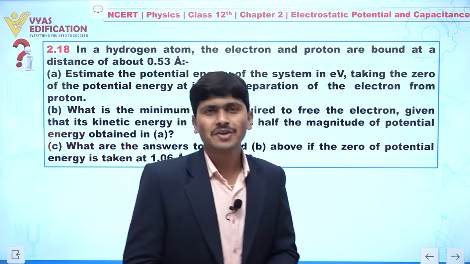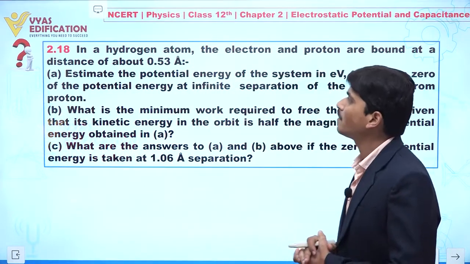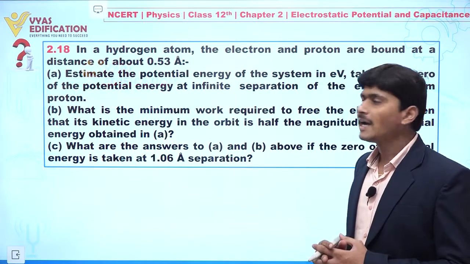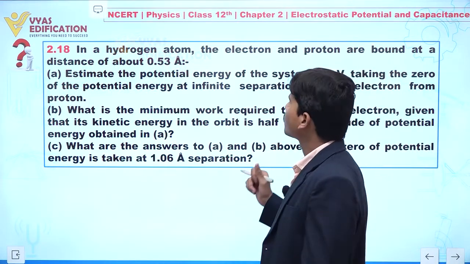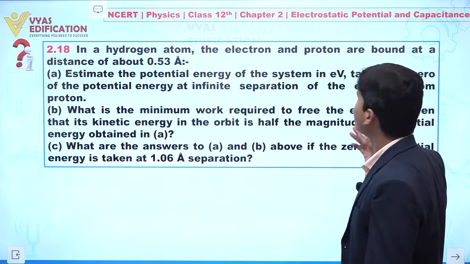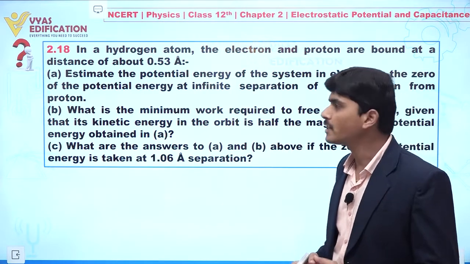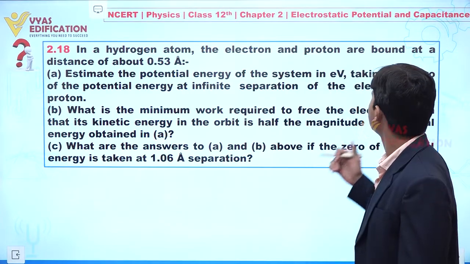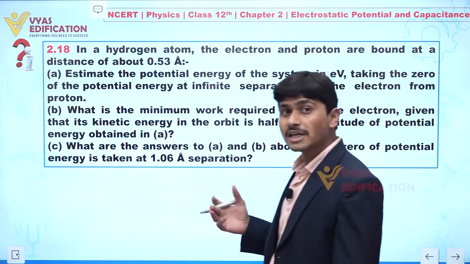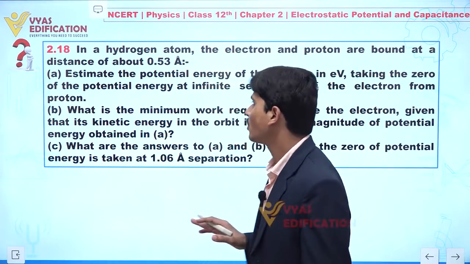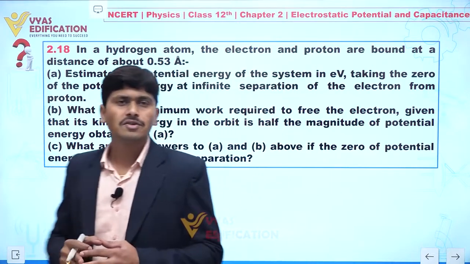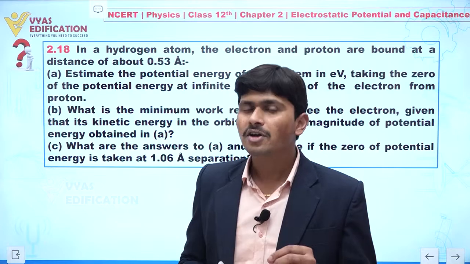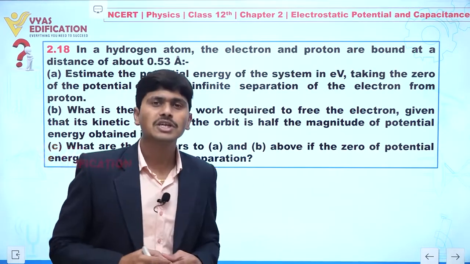Now dear student, we are going to discuss question number 2.18, and in this question it is given that in a hydrogen atom the electron and proton are bound at a distance of about 0.53 angstrom. We have to estimate the potential energy of the system in electron volt, taking potential energy to be 0 at infinity. Actually we know we always define potential energy at a point whenever we are taking potential energy 0